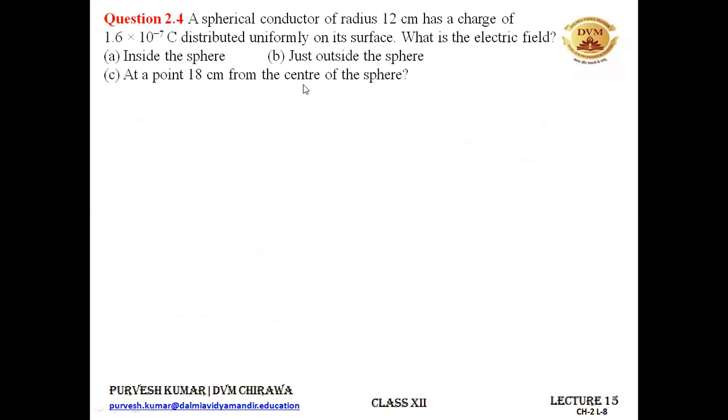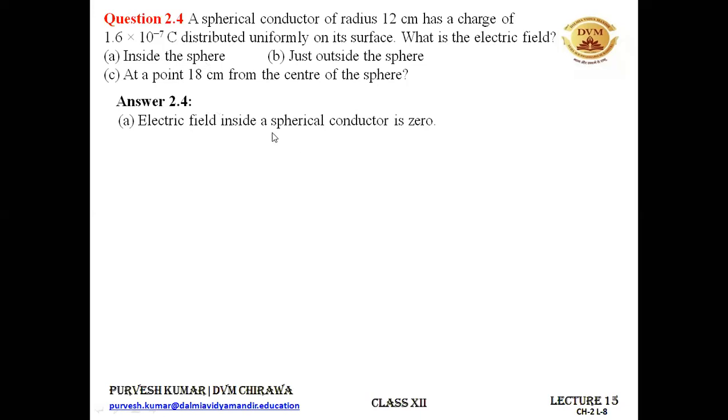Actually, this question requires the formula from the previous discussion that we have discussed in the applications of Gauss's law. But only the first part will be solved by the discussion that we have carried out in chapter number 2. So the first part is, we know that electric field inside a spherical conductor is 0. I've told you that electric field cannot exist inside a charged conductor. All right, we know this because there will be the induction of the charges and there will be a creation of equal and opposite electric field inside the conductor that will cancel out the external electric field. So the net electric field inside the sphere will be 0.